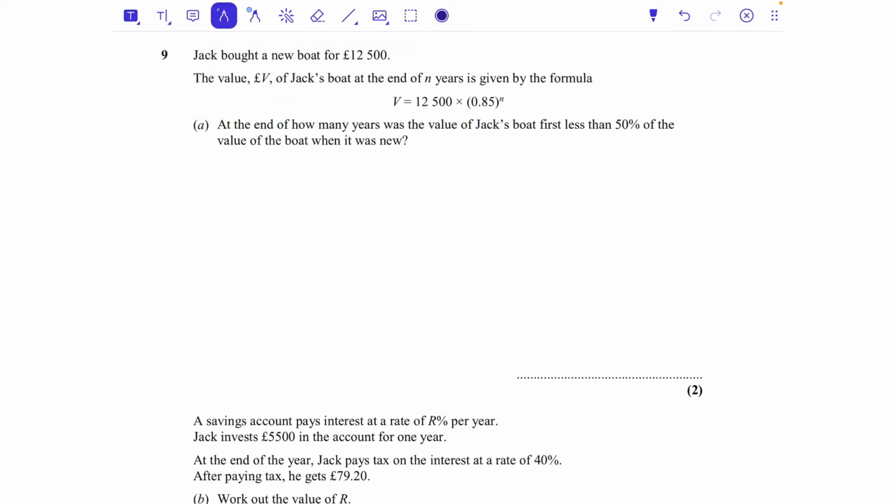So for this, I would just use trial and error. We know that that power is represented by the number of years. So we've got 12,500 times 0.85, and then I'm just going to do it to 1. I'm going to do it to 2, I'm going to do it to 3, and I'm going to see how many years it would take. So I'm typing it in my calculator just as it is there, 0.85 to the power of 1, and that is